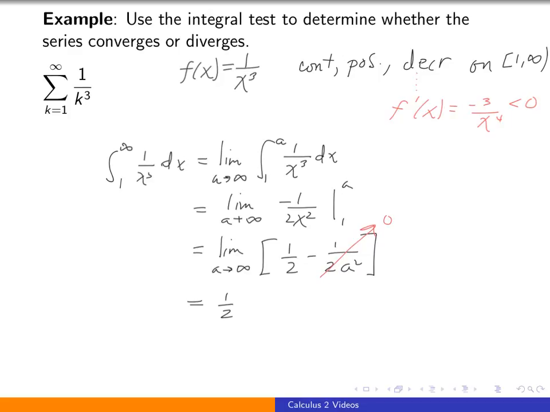So the associated function f satisfies the hypotheses of the integral test. It's a continuous, positive, decreasing function on the interval from 1 to infinity. The associated improper integral converges, so by the integral test, the series which we are interested in, the sum from k equals 1 to infinity, 1 over k cubed,